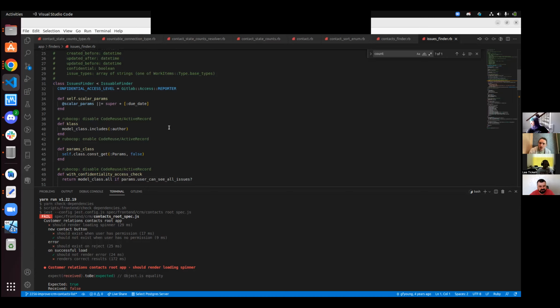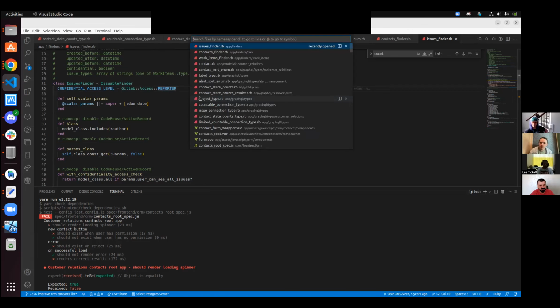Well, I don't know what you understand by annotation. I have a bit of Java backend experience, coming from C# or Java, where you add something and that's considered an annotation. I don't know actually, maybe there is something like that in Ruby as well. But what we do is, if you open even issuable.rb,